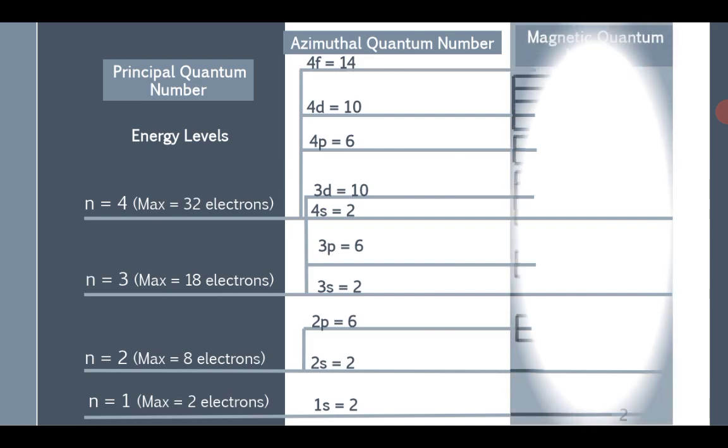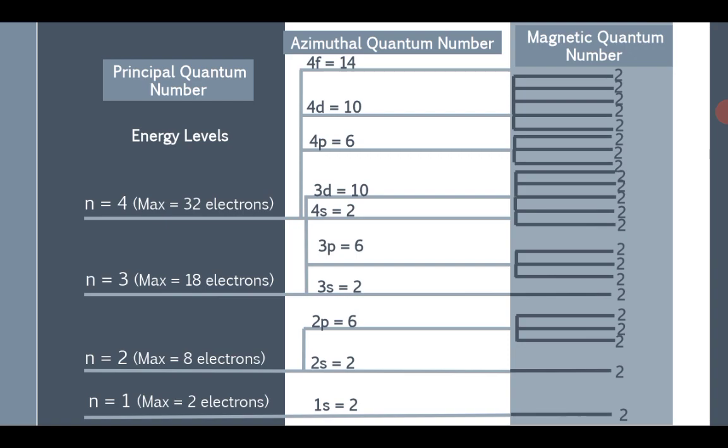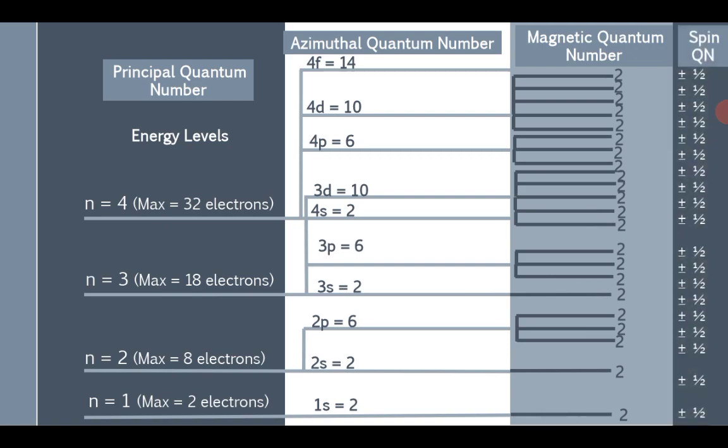Then when it comes to magnetic, you have 5 for all the d, 5 different magnetic quantum numbers, with each of them 2, 2, 2, 2. If you have to draw the one of f, we need 7. Then all the p's, you can see that they have 3 each, and the one of s have 1 each. And then you have the final one, the spin, plus or minus half all through.